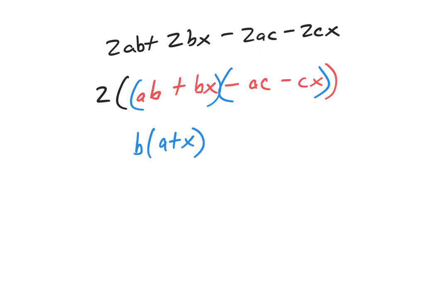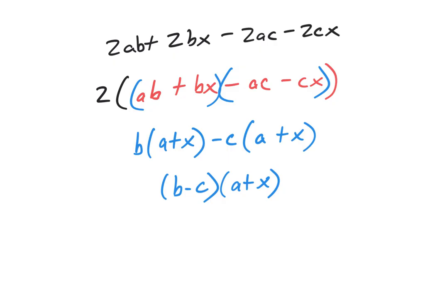Out of the second 2, what can I take out? Okay. And not only C, but because they're both negative, I'm going to take out a negative C. And that leaves me a positive A, because a negative divided by a negative is a positive. And then a negative divided by a negative is positive X. So we're going to combine the outsides, B minus C, leave the inside, A plus X,